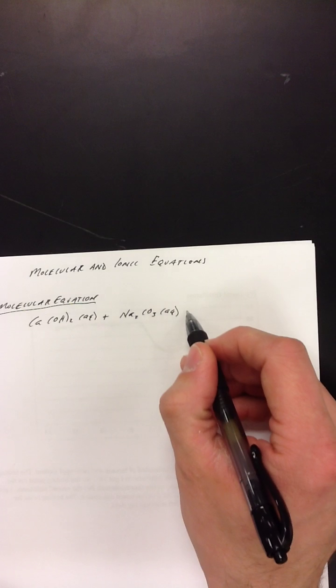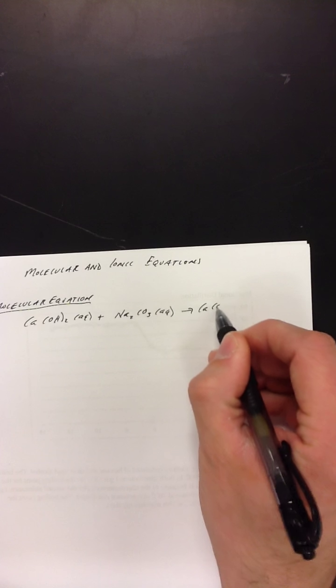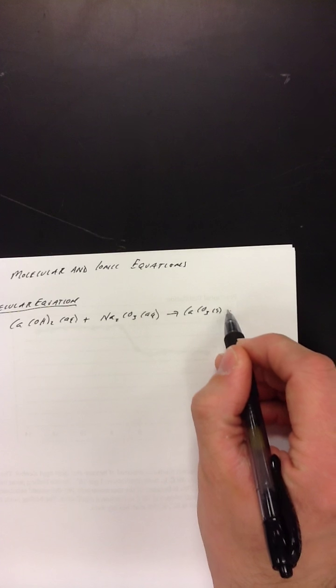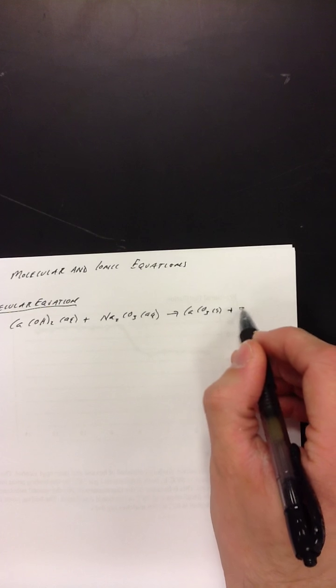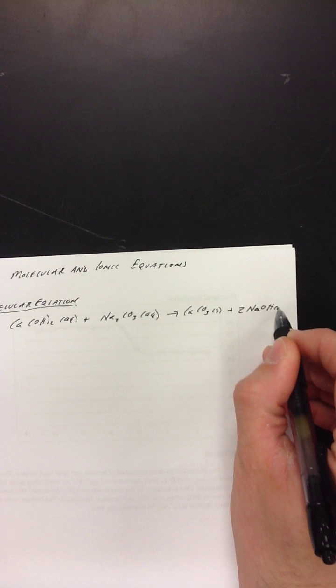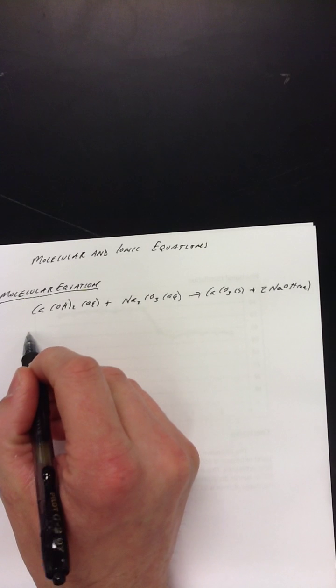And what we'll get out is this precipitate of calcium carbonate, which is solid, and sodium hydroxide, NaOH, which is also aqueous. So this is the molecular equation for it, which is, by definition, and we'll go ahead and write this definition out,